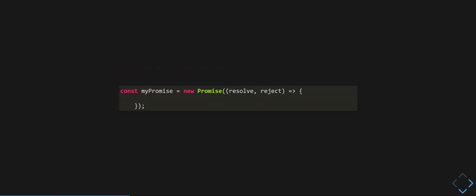So if we were to write our own promises, which we generally aren't going to, the promise is usually written for us and we're accessing it. But a promise basically is an object that takes a callback function as a parameter, right? So that callback function has two arguments, either resolve or reject. Resolve and reject are functions. If it works out, if we get the response we were expecting, we call the resolve function. If it doesn't work out and we didn't get what we expected, the promise then invokes the reject function. Okay.